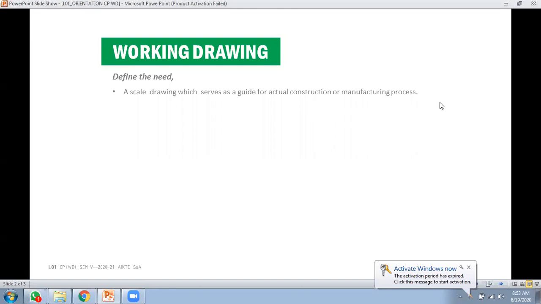When we are looking at this particular drawing which is relevant to the construction, it is going to be a very different representation from the architecture design drawing.